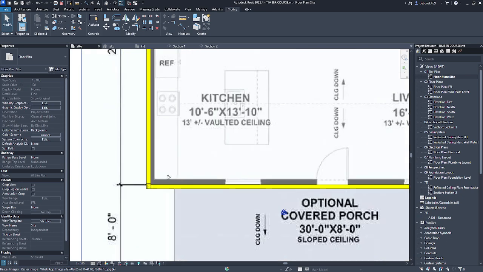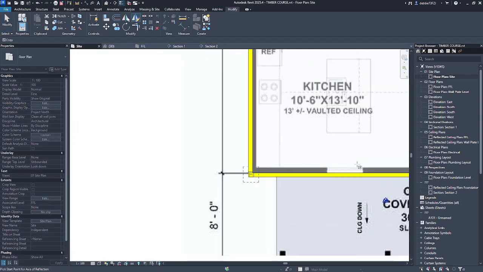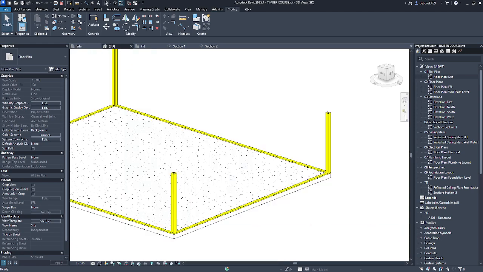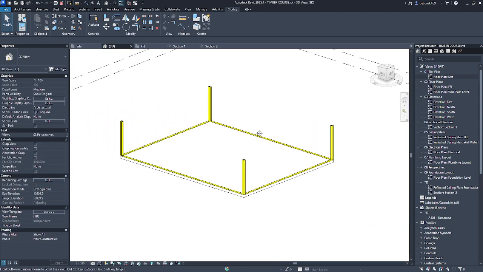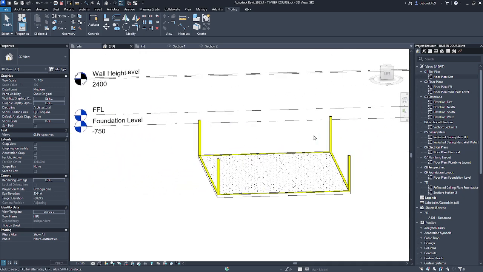We have that one in place now. Let's go that last corner. There we have our four corners on 2.4 meters high.